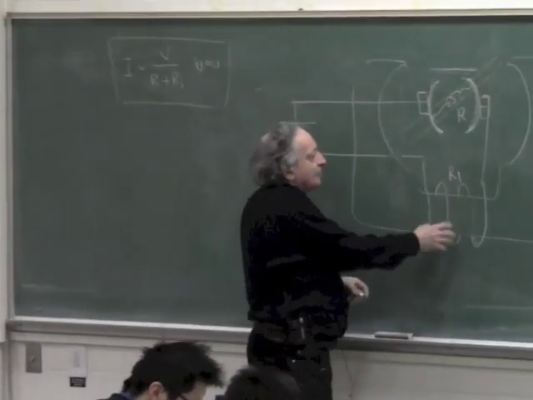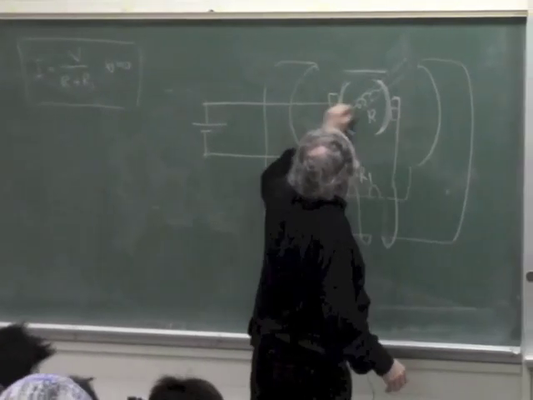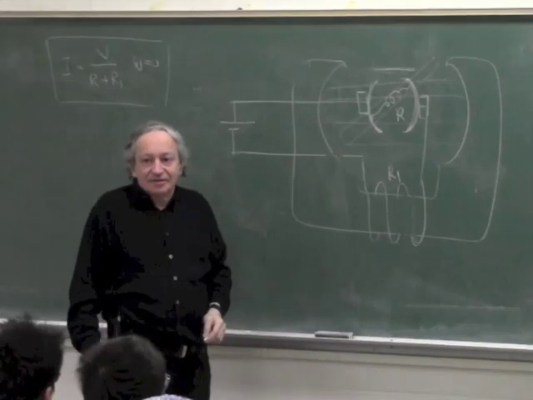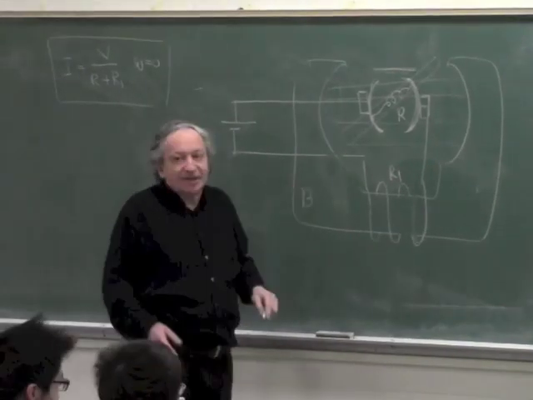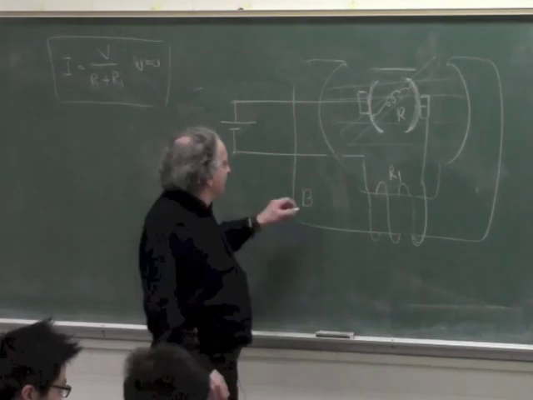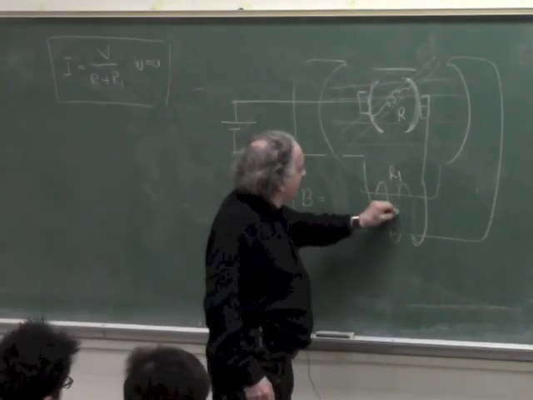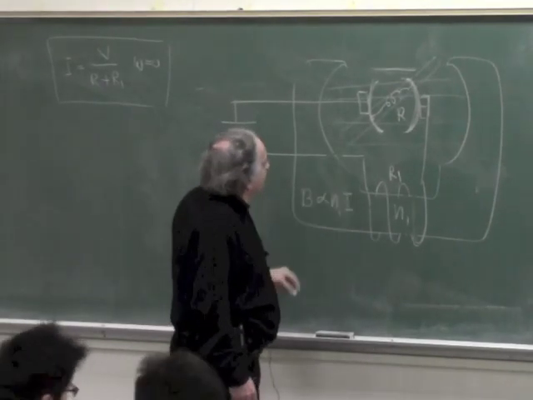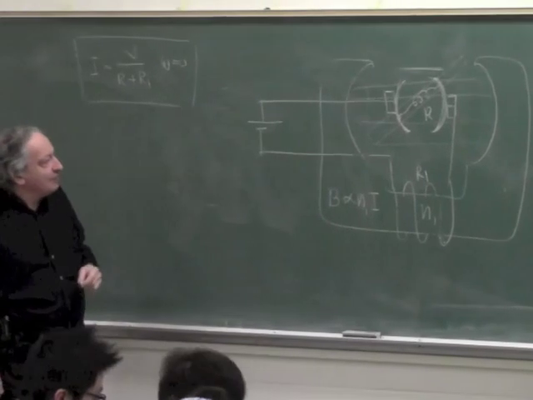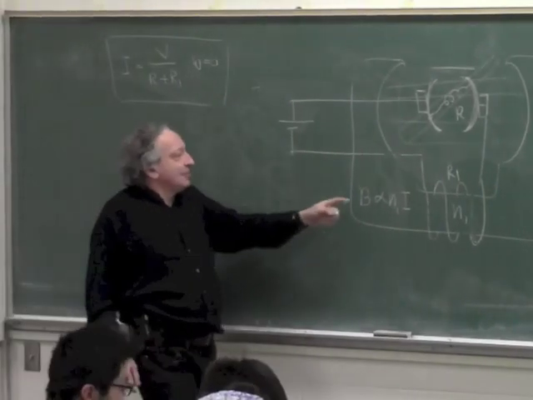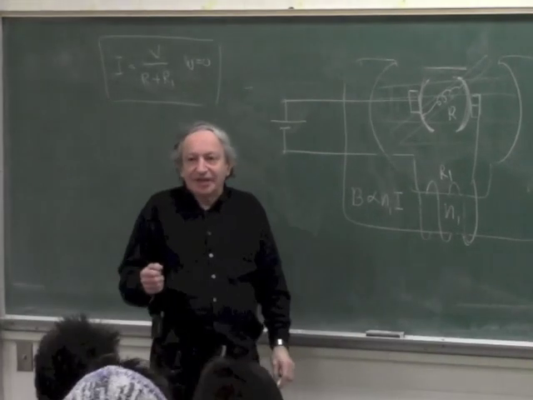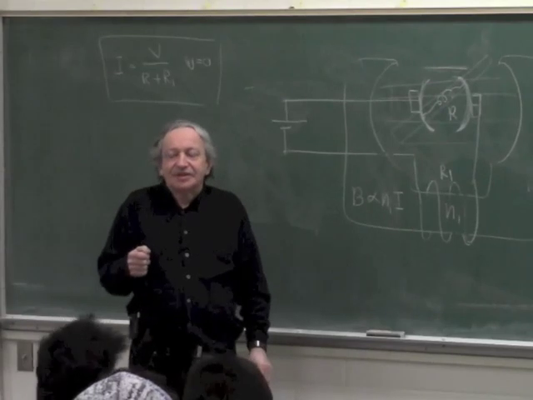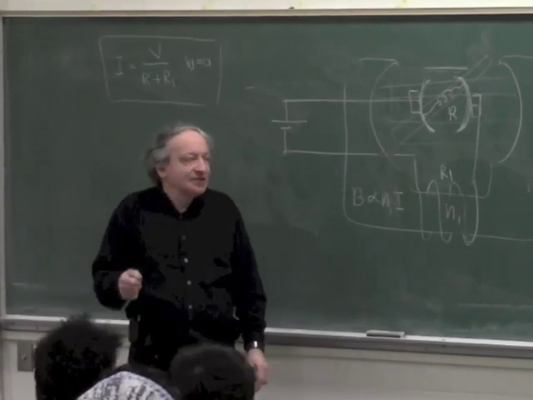B was a magnetic field generated. This magnetic field is proportional to I. Like any electromagnet, B is proportional to Ni, or let's call this N1, so B is proportional to N1I. So when we start a motor, because there is no EMF, there is a very high current, there is a very high B. Now, if there is a very high B, there is a very high torque constant,